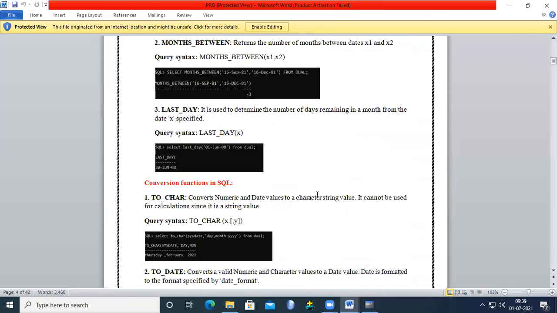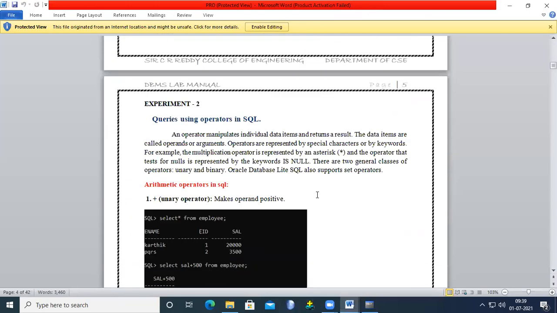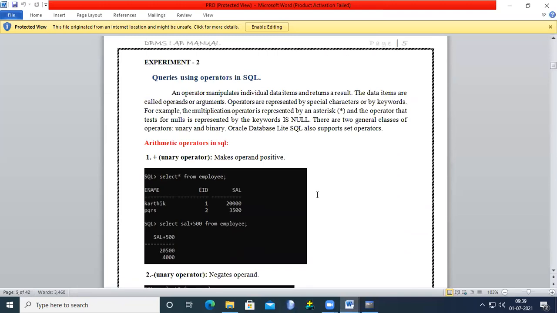Please try to remember at least the easy ones, for example lower, upper, initcap, length of the string, round, ceil, floor, trunc, and sysdate and systimestamp. These are very important.